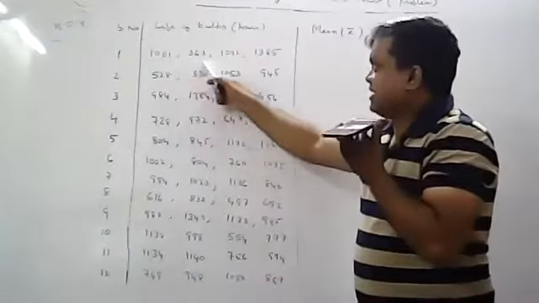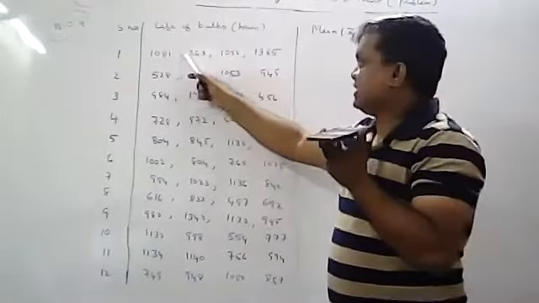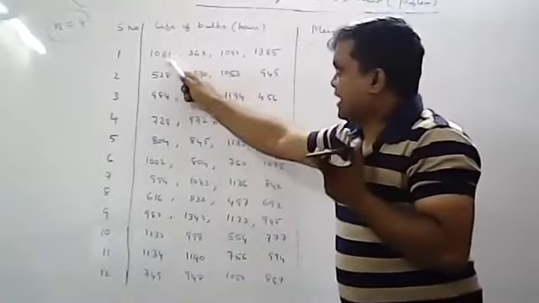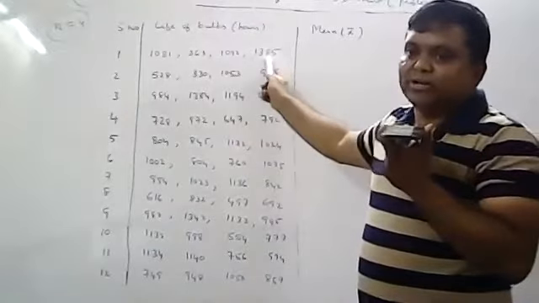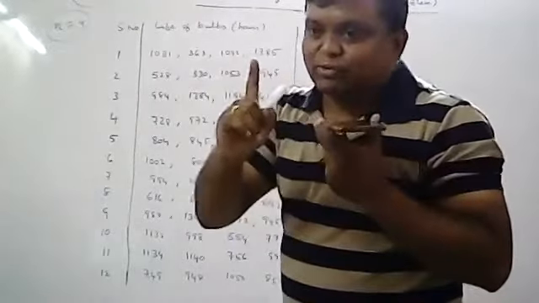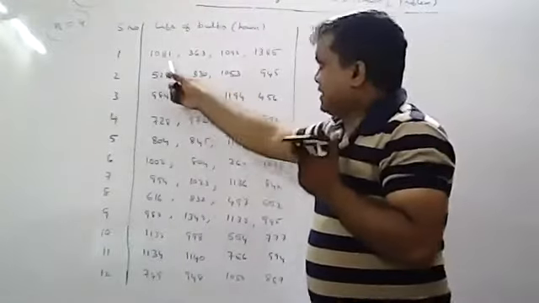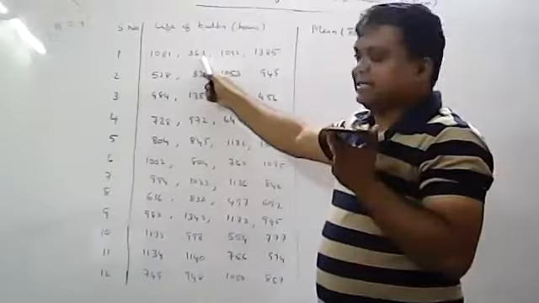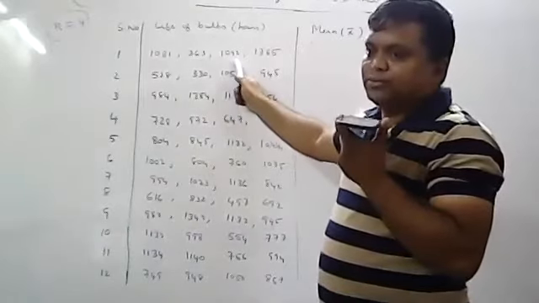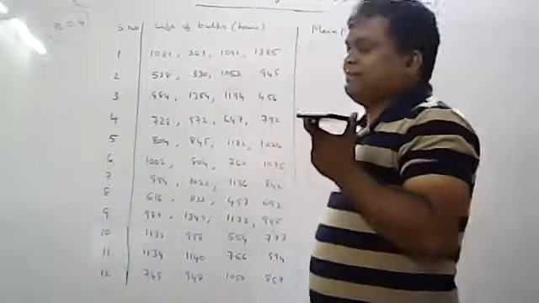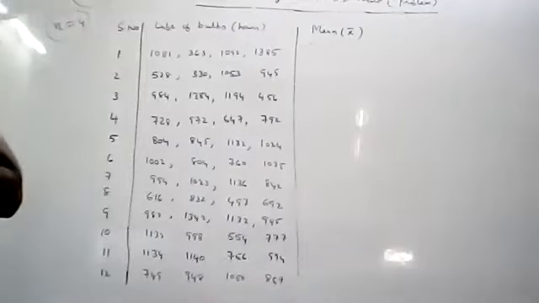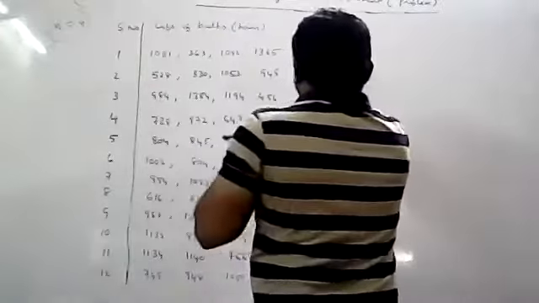So how many observations are there in the first sample? These are the 4 observations. What is the mean formula? Sum of these observations, add all these observations and divide by 4 gives the mean value. After the point, consider only one place. Now, can anyone add these values and tell me, divided by 4? 1081 plus 363 plus 1092 plus 1385 divided by 4, press the equal button and divide by 4. Yeah, I got the answer, 980.25. I think it is correct.